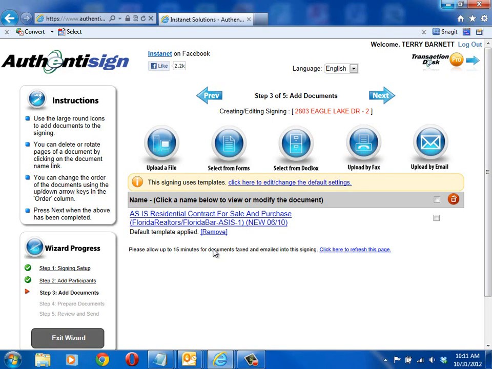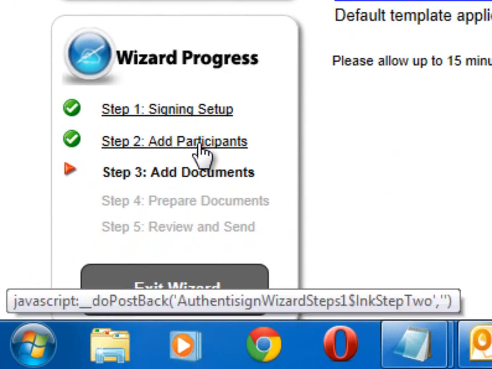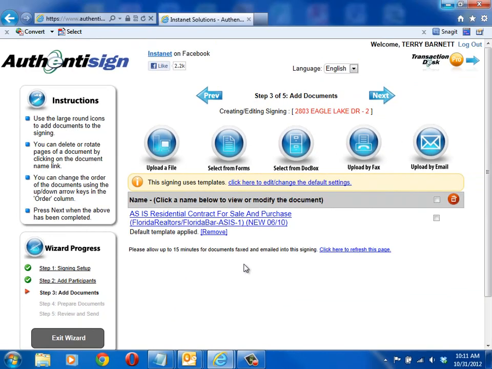A couple of things to note here. Over on the left, the wizard progress, I'm now on step 3, where I've added the documents. We did the signing setup, we added the participants, we're now on step 3. Also,